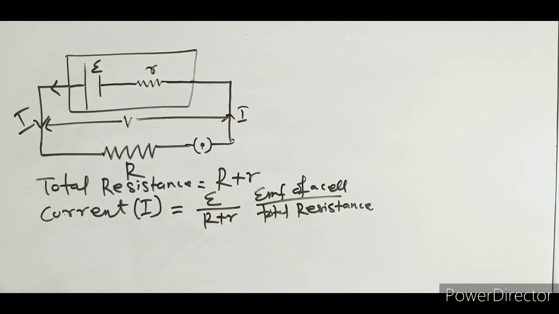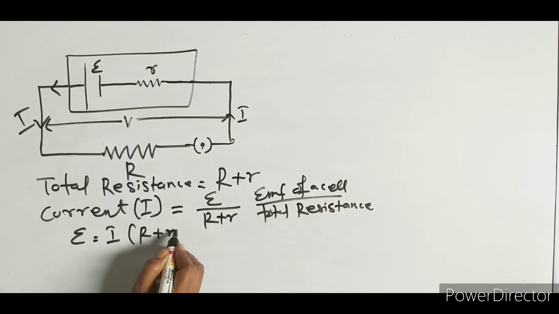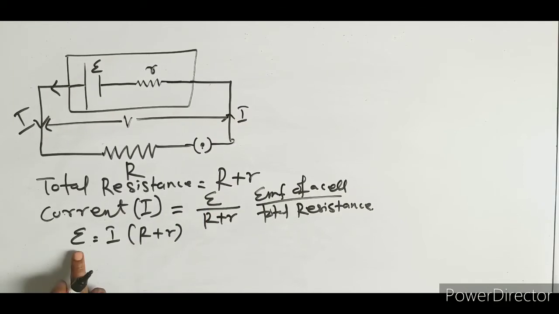Clear? Okay, so one thing here we have. If I take this, E equal to how much am I getting? E equal to IR plus Ir. Yes or no? E equals IR plus Ir, what I have told. V equal to IR. E equal to this one, R equal to this one, I will be this. Clear? This one you have to remember. This is for your own calculation.